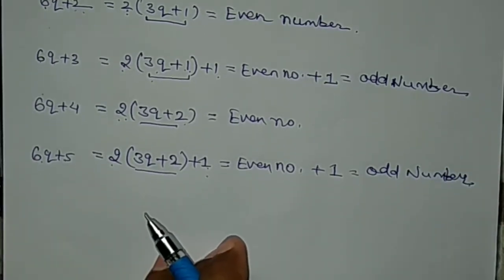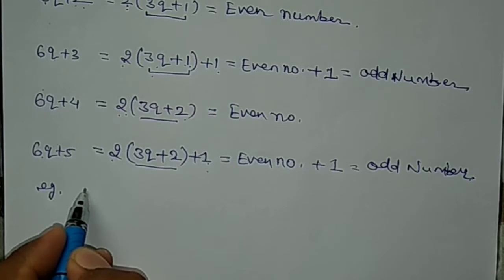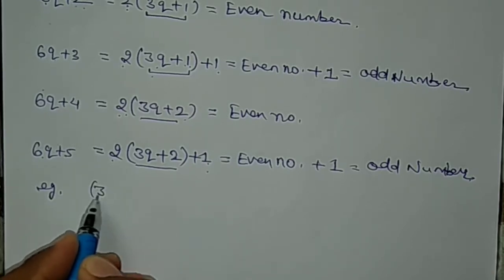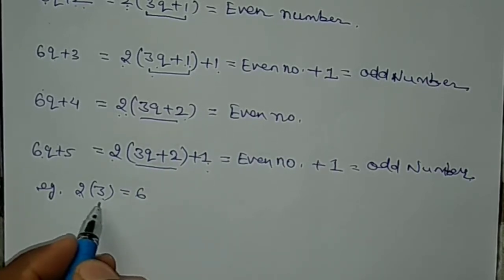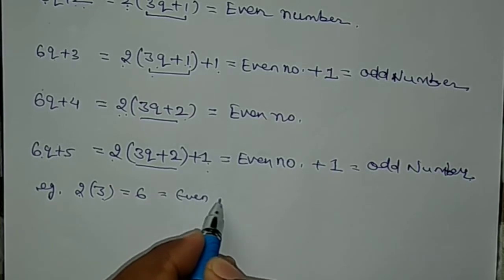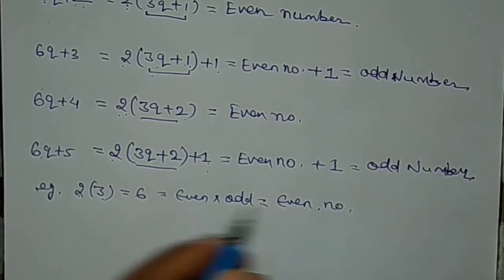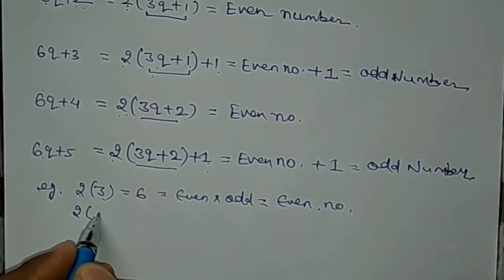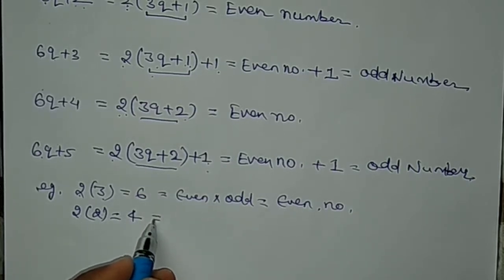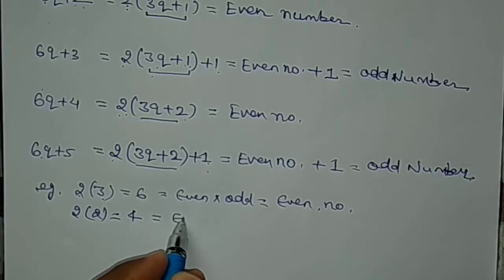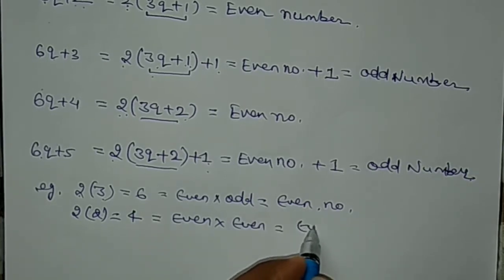So actually, for example, how we have to show here, if any number is a multiple of 2, that is an even number. Okay, means if I multiply even number into odd, that is also an even number. And if I am multiplying even number into even number, that is also an even number. So you have to remember it, even into even number is also an even number.